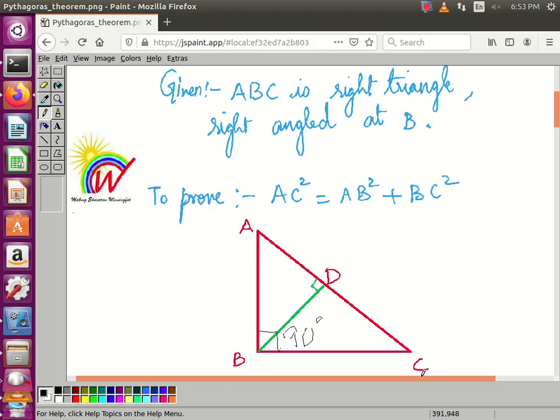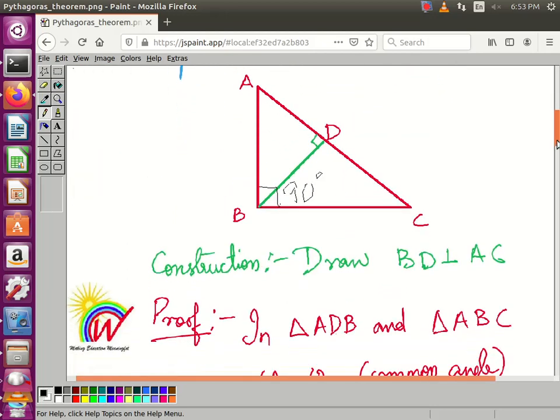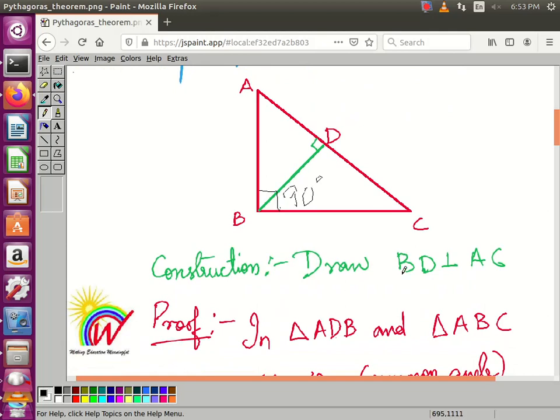Alright, so you understand the figure, right? There's just a right triangle, a red triangle ABC. All right, and now we can't just prove it as it is, so we need to do a small construction over here. I've written it in green pen, and I've drawn the extra thing in green. So this is not given to us. It's the construction which we have drawn for our comfort, so that we could prove this theorem.